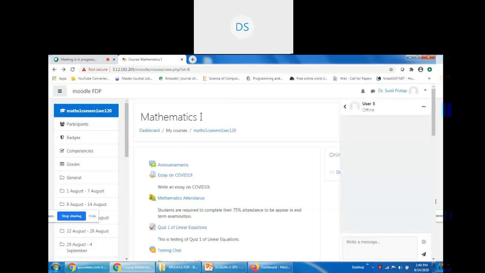So I can search the enrolled users in this course and I can write a message. Hello, user 3. Although user 3 is offline, whenever user 3 logs into his or her account, he or she will see the message sent by Dr. Sunil Pratap. So you can send messages to offline users also.